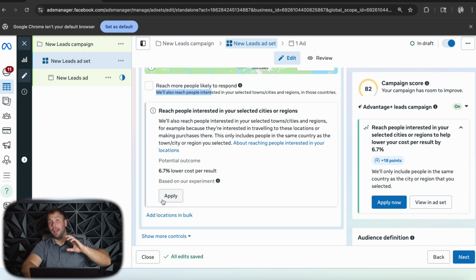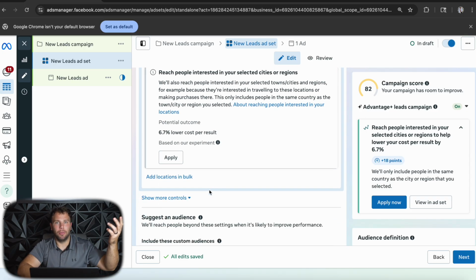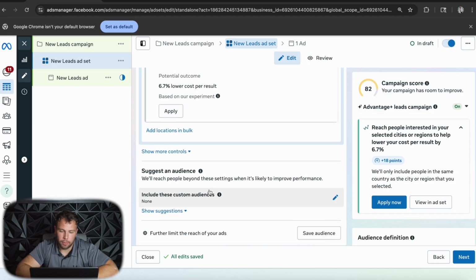Very, very important. If not, you're going to have people in California seeing your ad, they're going to message you, and they're going to be like, why the hell is my ad over there? Oh, because I interacted. Like, it's going to be tough. Right, so